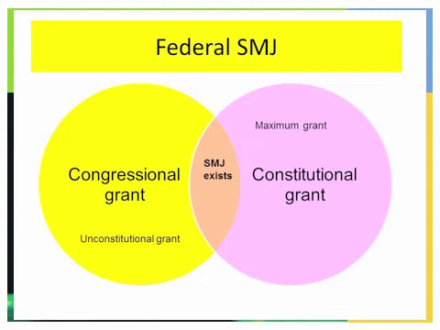If the statute goes beyond what the Constitution permits, it would be represented by the lower part of the yellow circle and be an unconstitutional grant. And sometimes the Supreme Court has struck down statutes as being an unauthorized grant of subject matter jurisdiction. What's more likely, and has happened, is that Congress has really shied away from going to the full extent of the Constitution. It has opened up in certain cases the full extent of the Constitution, but not in all. And so we're going to see the limits that Congress has imposed and where we could still reach into.